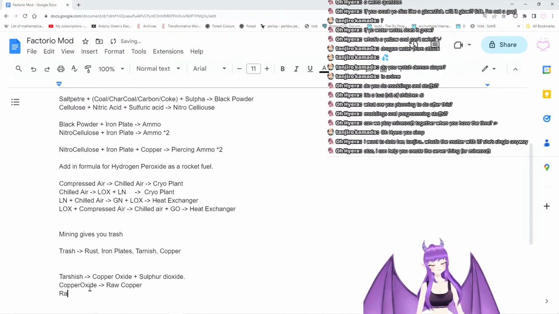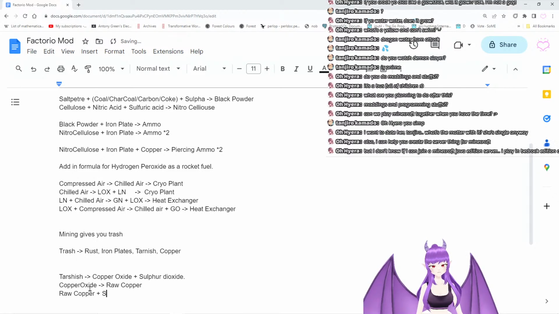Raw copper plus sulfuric acid makes CuSO4, which we then electrolyze. It's electrolyzed back into copper plate plus